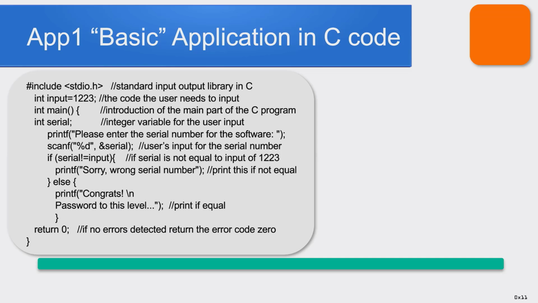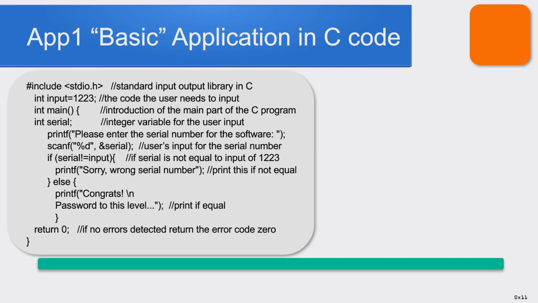Then you have the integer for the serial number, and all that is just the variable for the user input. Printf is just going to print on the screen, "Please enter the serial number for the software." Then you have the scanf. The scanf is an input statement in C code, which says %d,